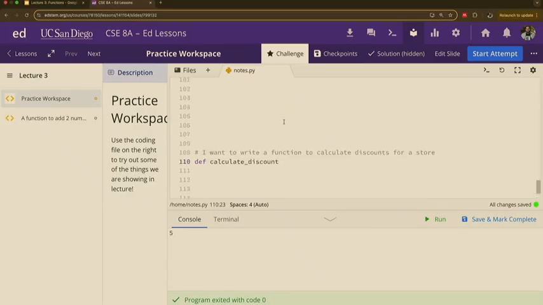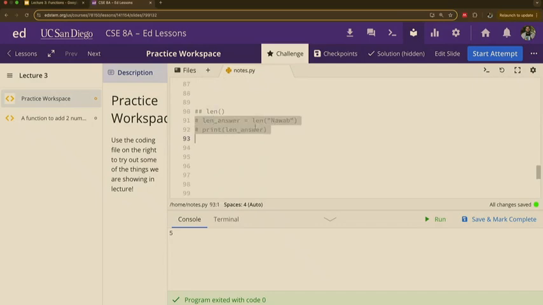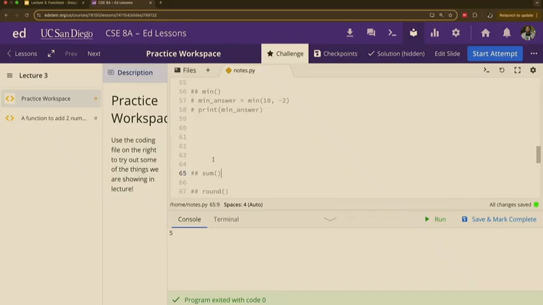But what is something that we can see from all the functions that we've used before? Is there something that looks similar across all these functions? We have sum, round, length, min, and max. Look at all these functions. What is something similar about them? Parentheses. Length, open and close parentheses. Round, open and close parentheses. Sum, open and close parentheses, right?